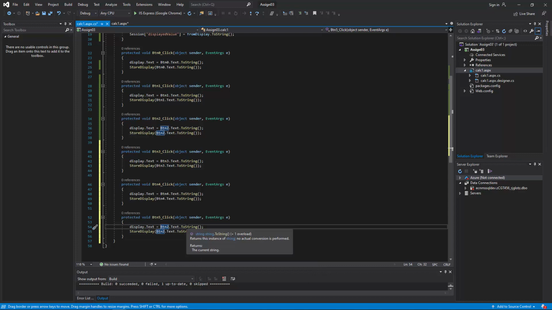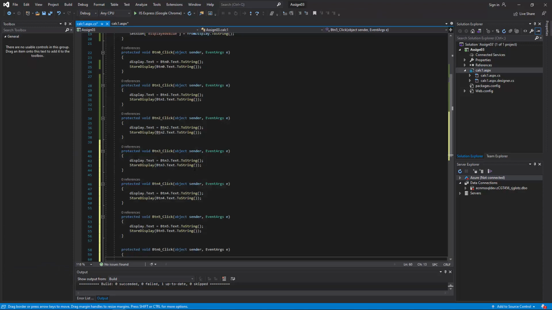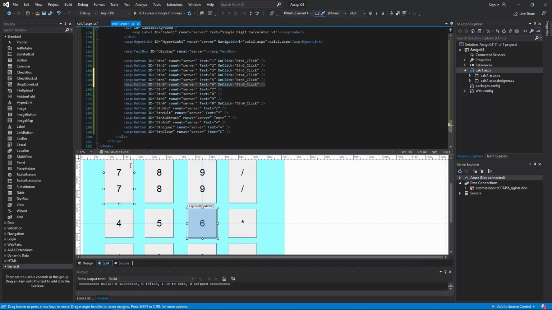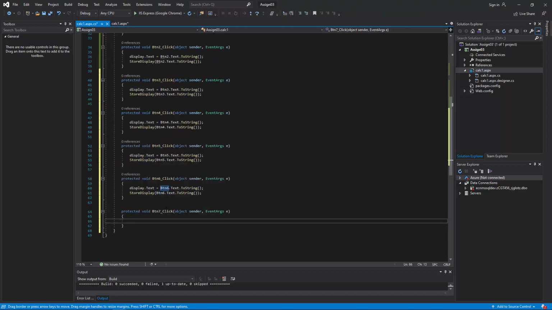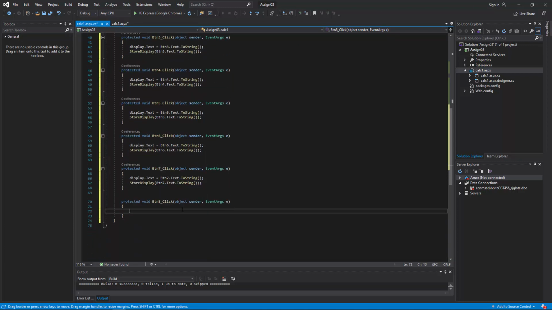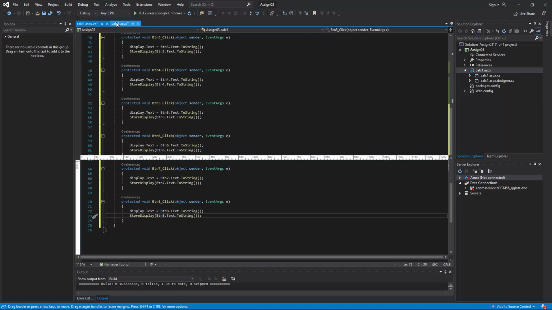Make this point to btn5. 6. btn6. 7, btn7, 8, 9,